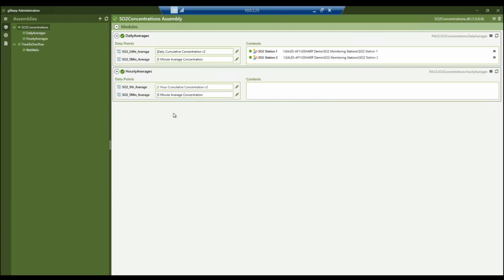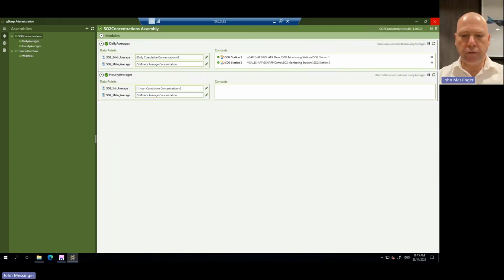Okay, I think that's enough for the demo at this point. Just a little bit of other general information. gSharp uses Microsoft SQL Server as a backend for storing context information and logs. And so part of the infrastructure requirements when you deploy gSharp is access to a SQL Server. Now, because most people will be using PI Asset Framework, which requires SQL Server, we anticipate you being able to create the gSharp databases on that same infrastructure.